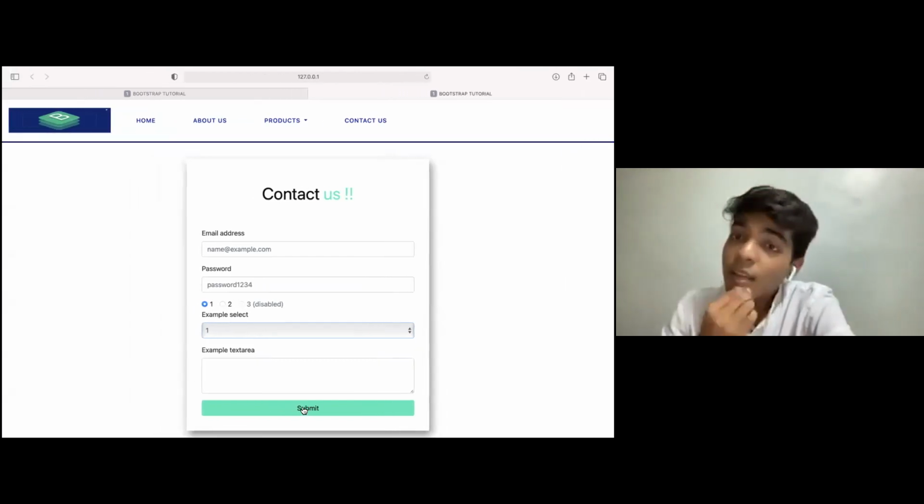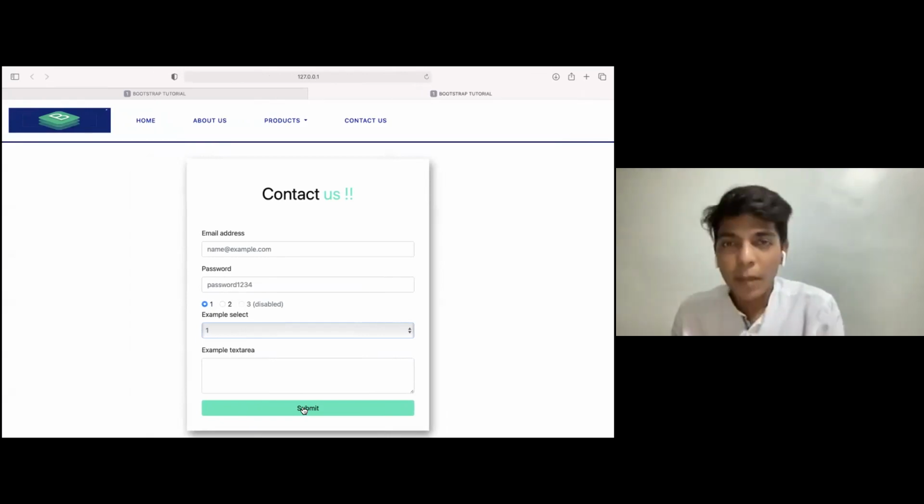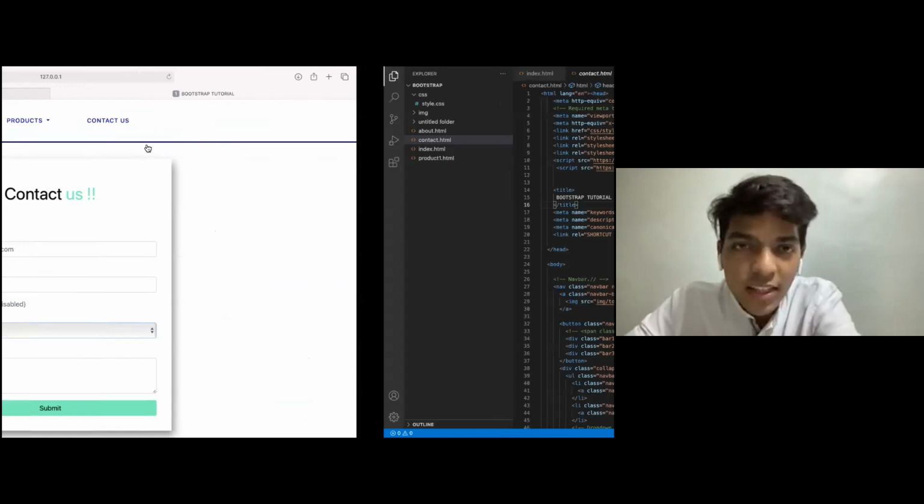Please understand that a form is something that is required for PHP and MySQL. Every input data that you want to give to your backend is to be given by a form and by certain parts. I'll be explaining the form in a bit more detail, what everything is. So actually, let's start with the form.